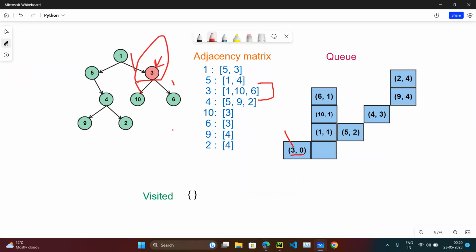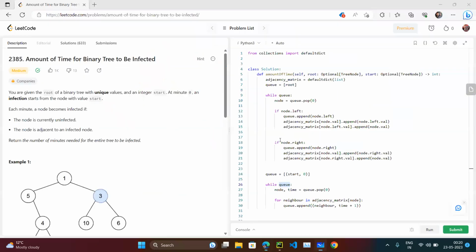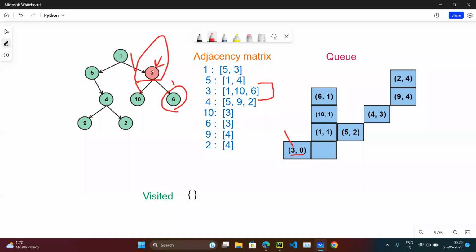So now if we pop 6, the node is 6 and time is 1. Now it is checking the neighbor of 6, and it is again checking 3. We will unnecessarily go into the loop, because 3 we already checked. Now for 6 it is again checking 3. So we need one set